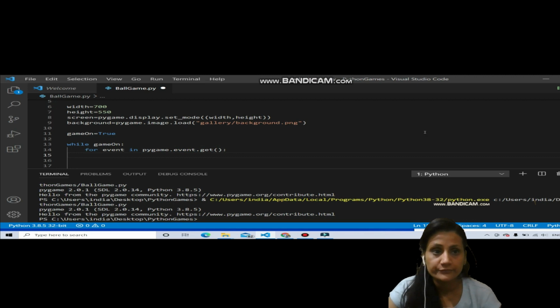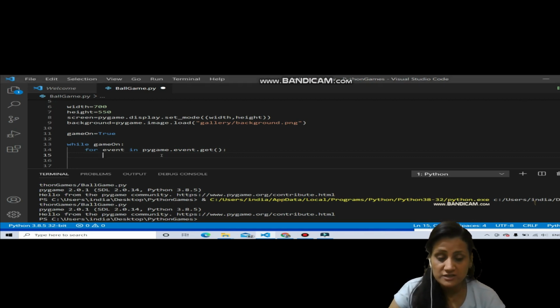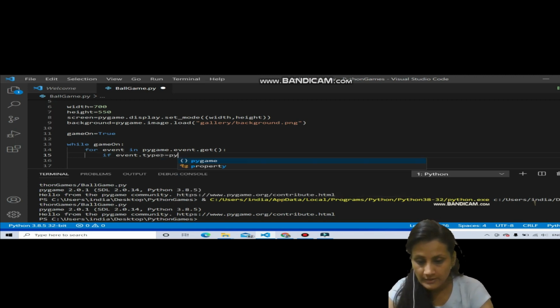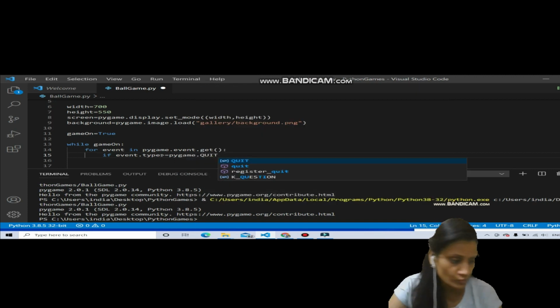So what we will do here is check the type of the event that has just taken place. If the event.type, whatever event has taken place, is pygame.quit, is it something related to quit?